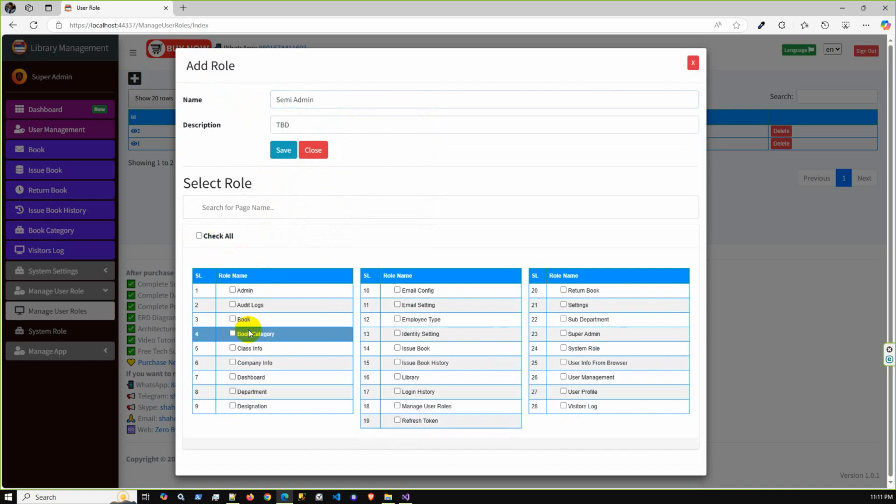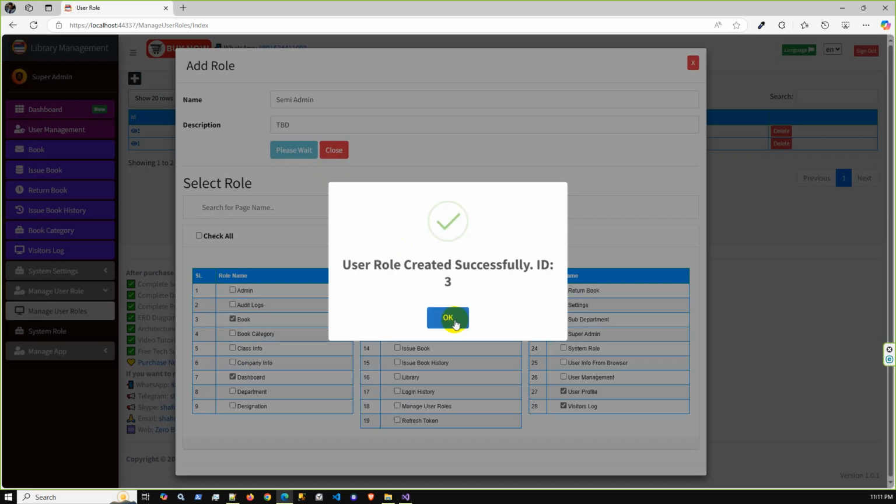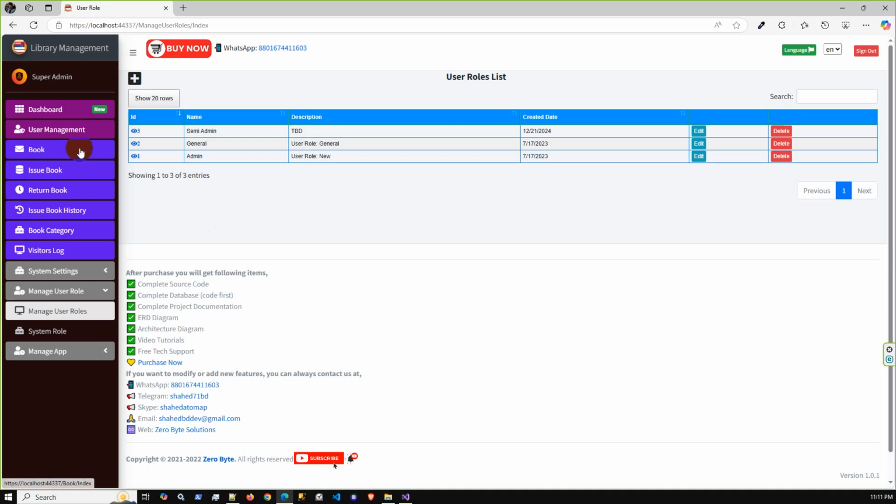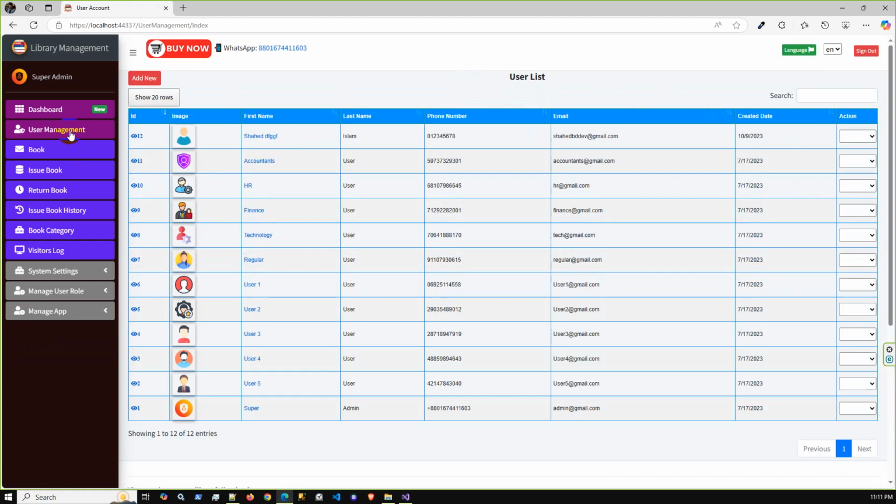Also you can check custom pages. Let's say book page, dashboard, user profile, and visitor log. Save. So semi admin has been created successfully, and if we create a new user using that role,